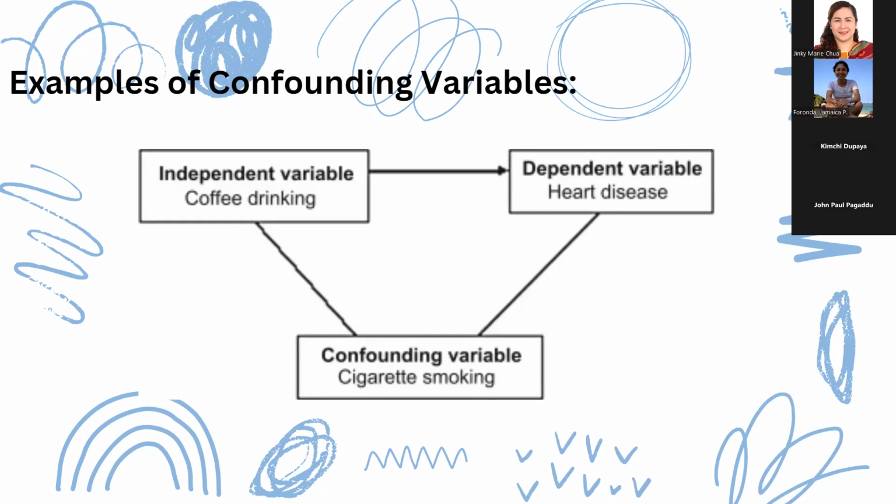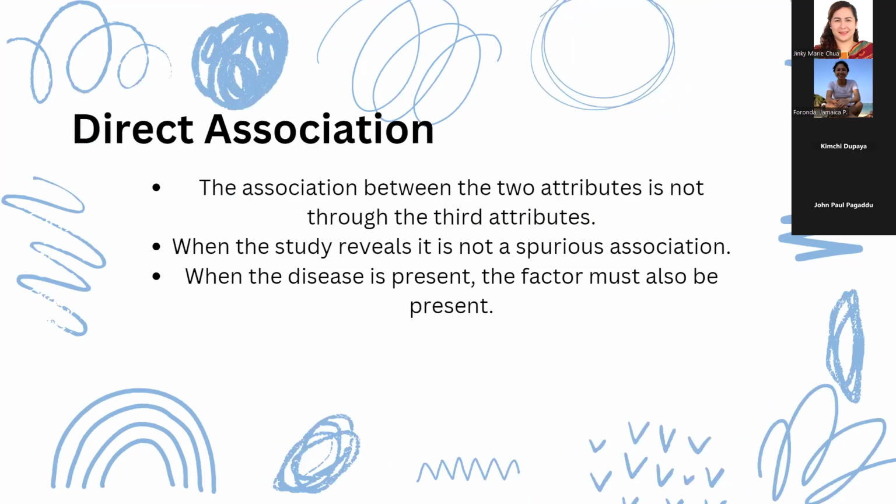So sa madaling salita, yung ating confounding variable ay nakakaapekto sa resulta ng ating study at nagbibigay ng maling impression sa ating causality. Kaya mahalaga na kontrolin or isama ito sa ating analysis para makuha yung tamang ugnayan. So sa ating direct association naman po,